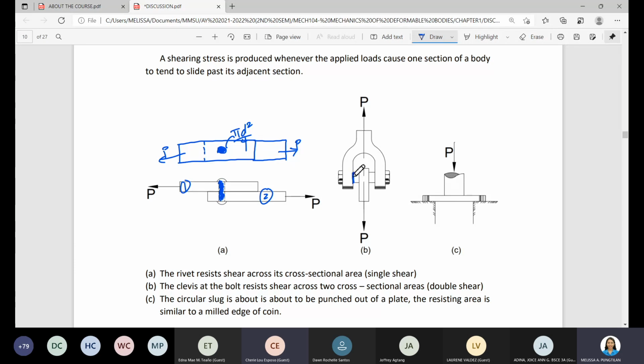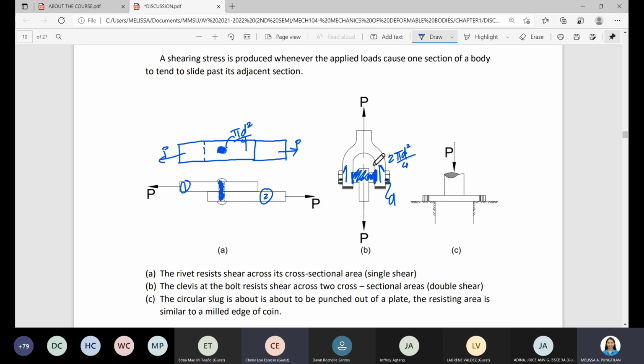This one, yung resisting area. Okay? Yan yung resisting area ng ating clevis. Which is, for example, kung itong ating bolts and nut, it has a diameter of D. So, ang magiging resisting area is just twice the area of this one. Okay. Nagre-resist yan. Para hindi gumalaw yung ating clevis, meron tayong ditong force P, dito na part na to, and